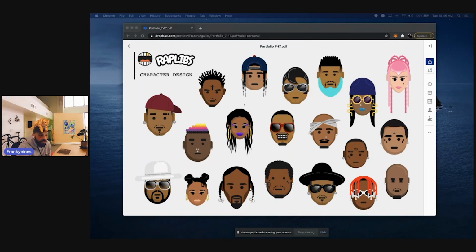I did these in Illustrator. These were super fun to work with because they're just simple. I was going for a South Park kind of vibe for these. Look at Snoop Dogg, Gucci Mane. We got a little Yachty right here. It's Tupac,